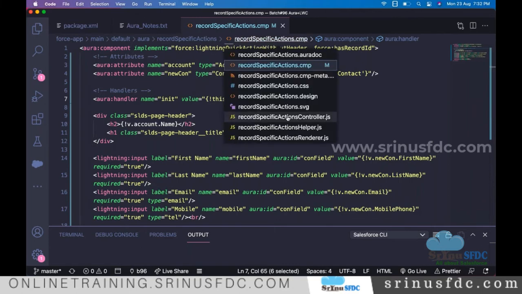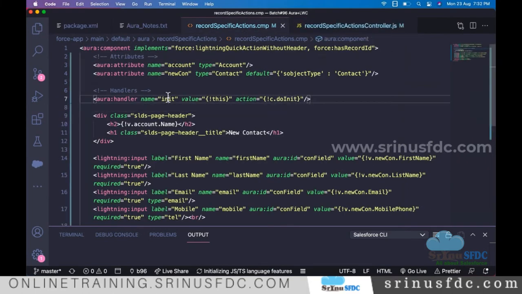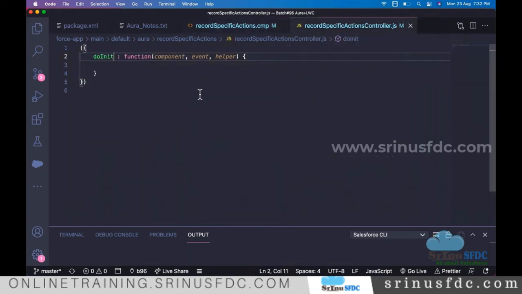In general, on load, people follow the same naming convention the system provides: init, doInit, something like that. Let's say I want to follow the same name, doInit. What will happen? As soon as the component is rendered, before it is initialized to show on the UI, the system fires an event that it will catch. At that point of time, whatever you want to do, we are calling this function.